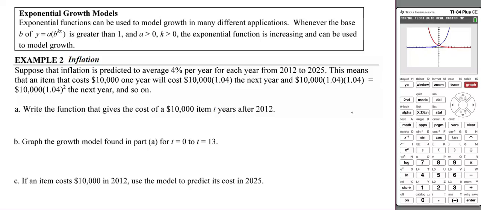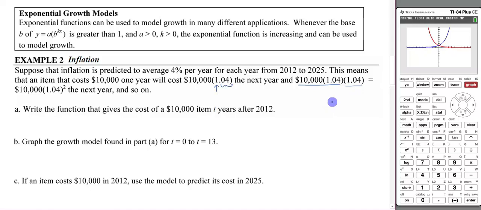Suppose that inflation is predicted to average 4% per year for each year from 2012 to 2025. This means that an item that costs $10,000 one year will cost $10,000 times 1.04 the next year. In other words, we're paying 100% of what it cost before plus another 4% tacked on. The next year it's going to be $10,000 times the 1.04 from the last year, and then we're going to multiply that amount by another